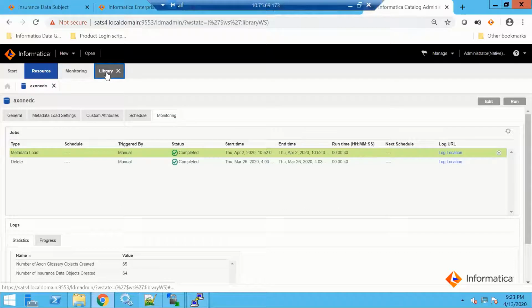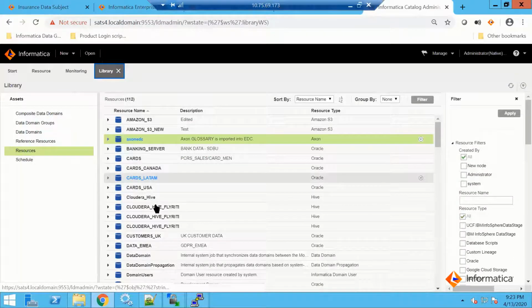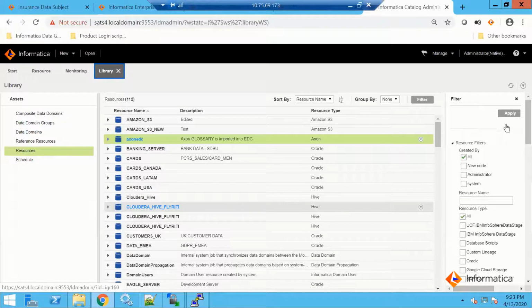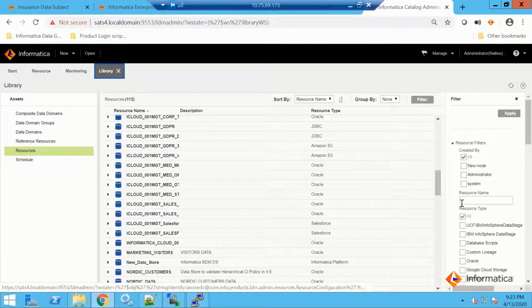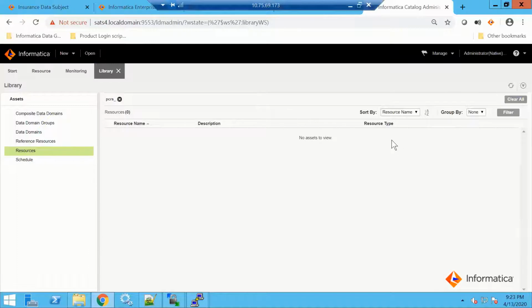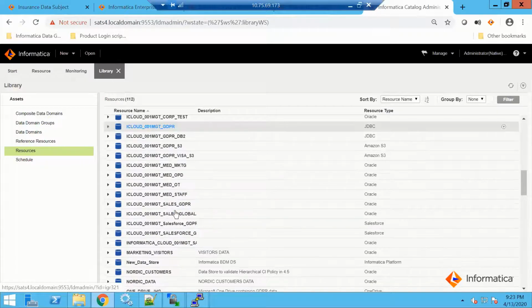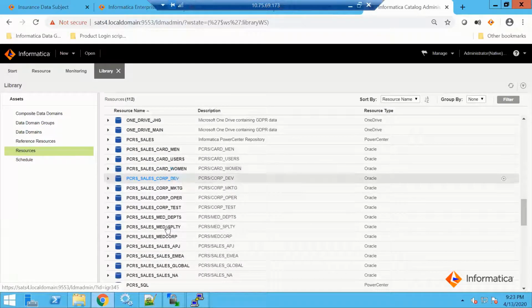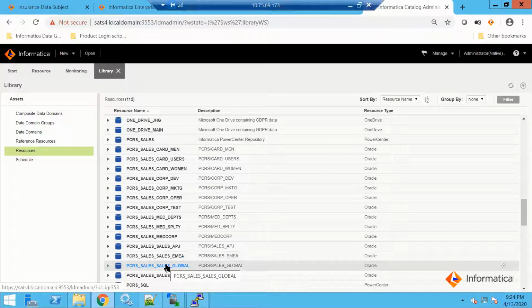I'll go to the library and I'll go to Salesforce here, whatever that is asked for. I can search here, and I'll apply. Okay, let me go here. Okay, so I have my sales global here. So click on this